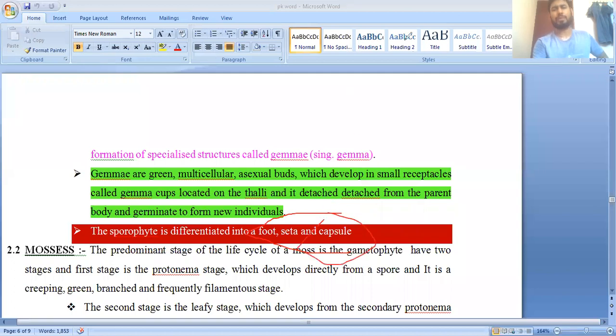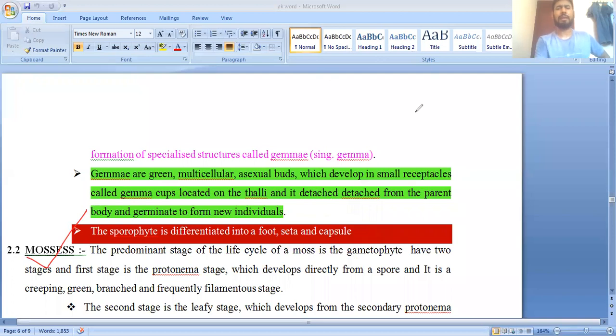So foot, seta, and capsule are the three different structures of the bryophytes. Okay, now the second group of the bryophytes, which is known as the mosses. And if we check the evolutionary sequence of mosses,